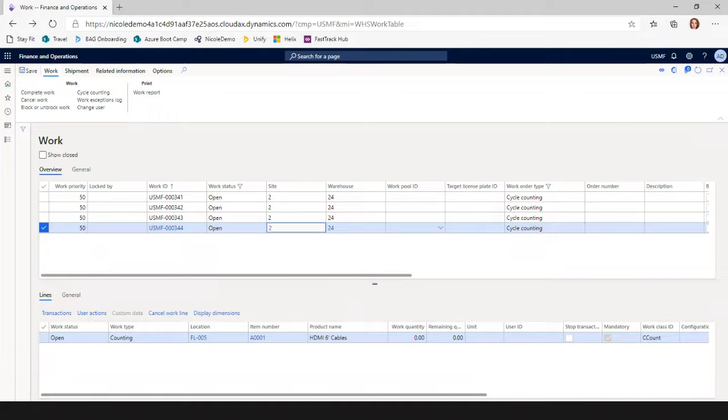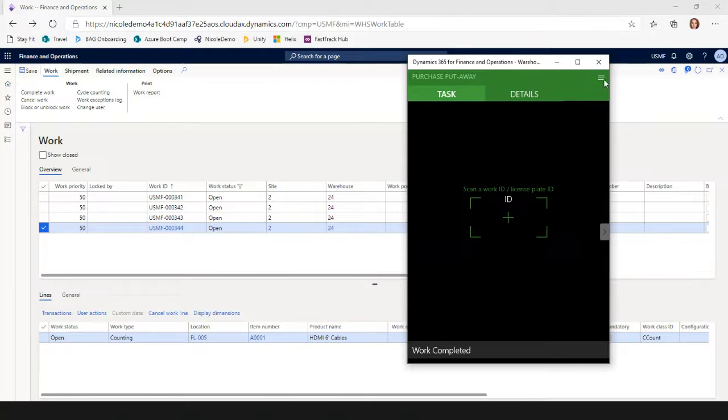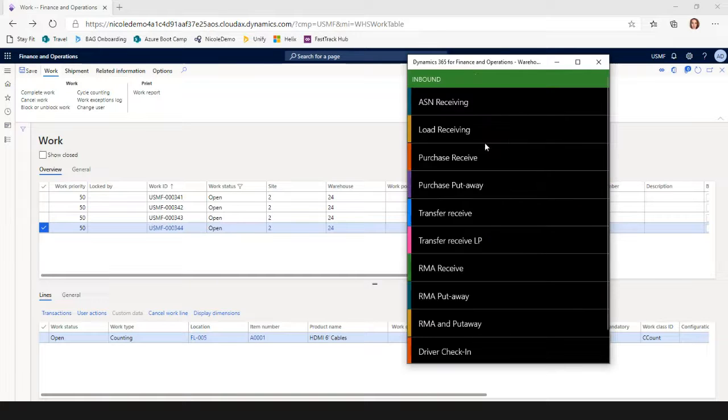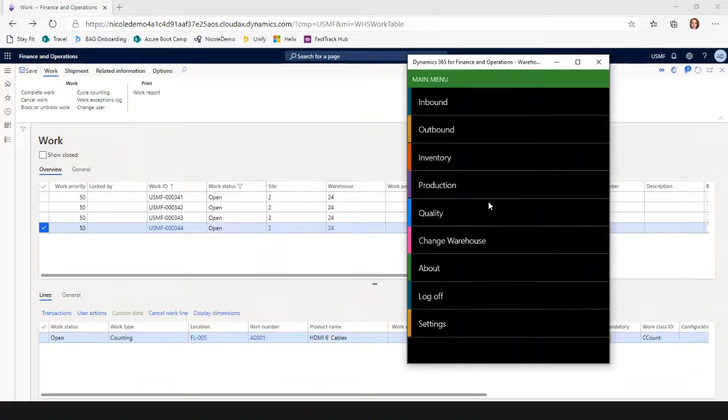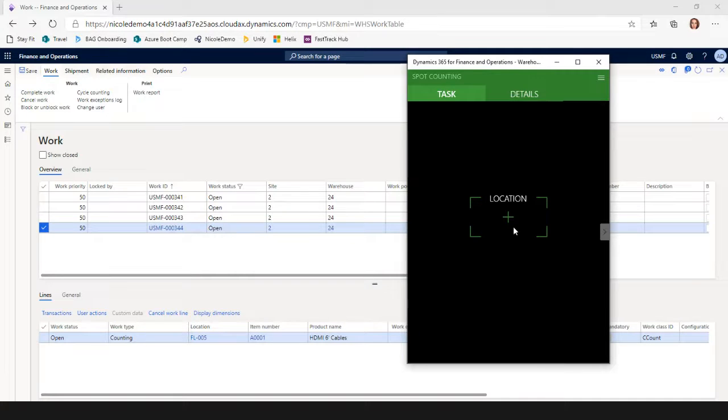All right, I am going to jump to the mobile app to show the next process, which would be the cycle count pending review. So I was in an inbound process. I'm going to back up in my menu and switch to inventory. And I'm going to do a spot count, just an ad hoc count